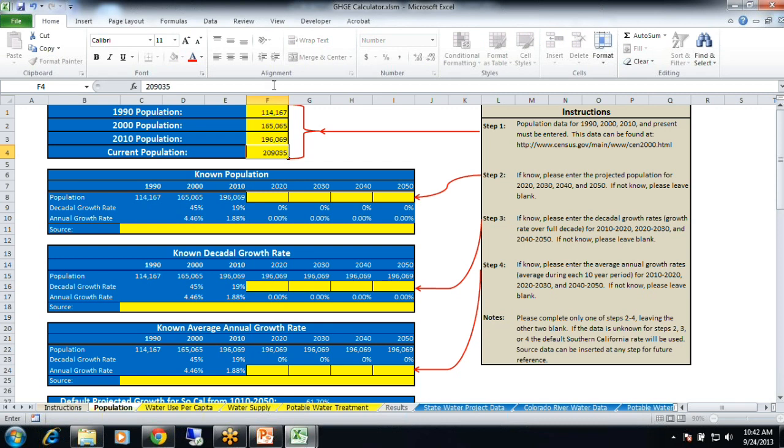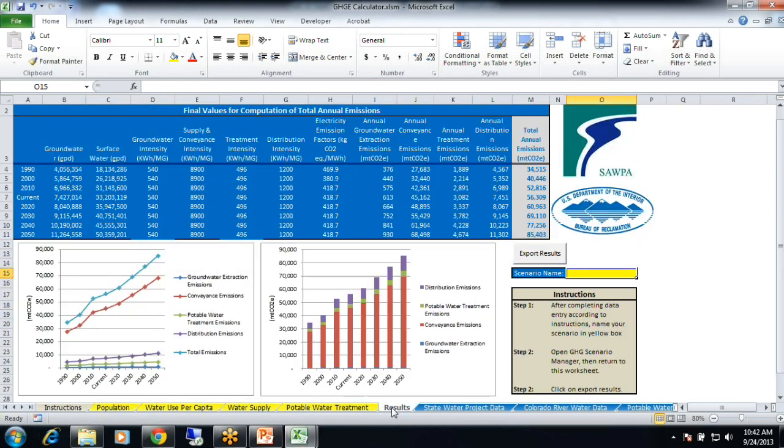Okay, so that is the required data for the results. So after I've entered my required data, I can go and see, oh, look, I have an analysis of what the greenhouse gas emissions are for baseline for that area.